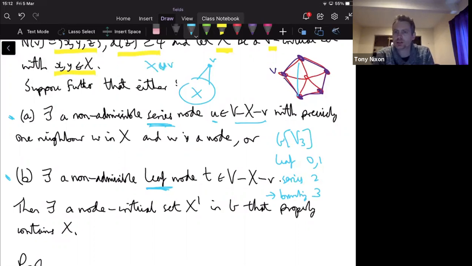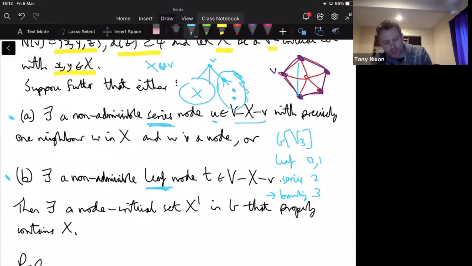It's just adding a degree 2 vertex, so that's easily seen to be critical. But the lemma said that outside of any critical set, as long as there are at least 2 vertices, there's some node. So we know we're going to be able to find one, because we start with node critical, and this vertex has degree 4, so over here there are at least 2 vertices in this blob